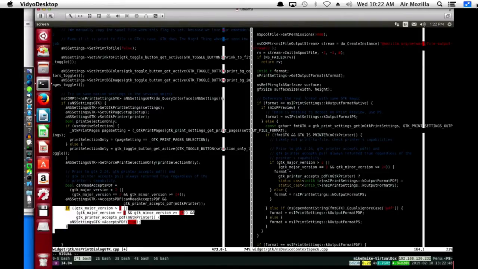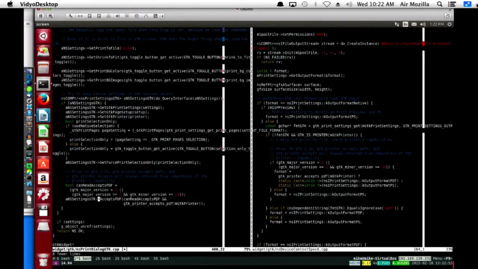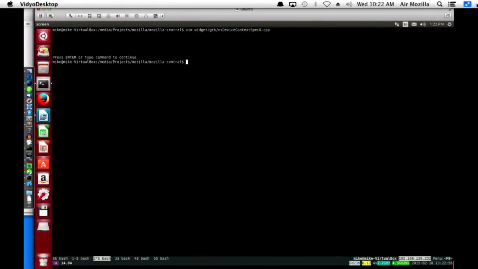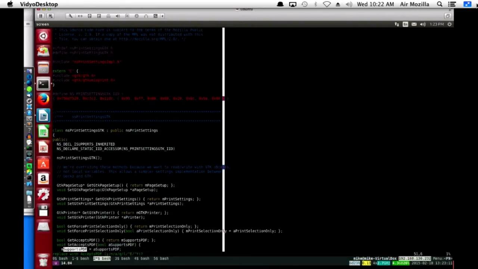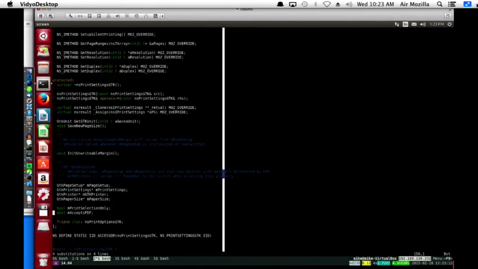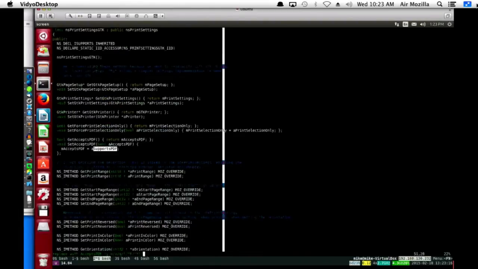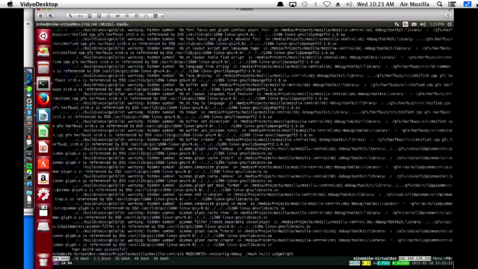This will not compile right now because I've changed the name to accepts PDF. So let me go back and change what I did there. GTK print settings GTK H supports PDF. Supports PDF should now be accepts PDF. That one, that one, that one, that one. I think I missed one because I didn't do global. That one, that one, that one. All right. So that should work. Build.